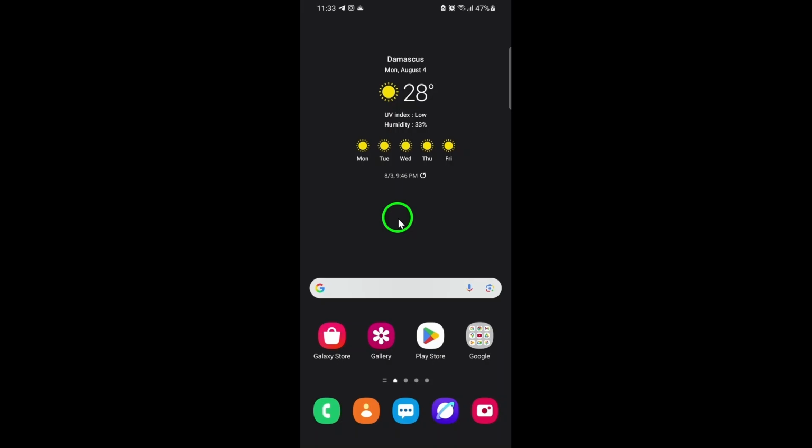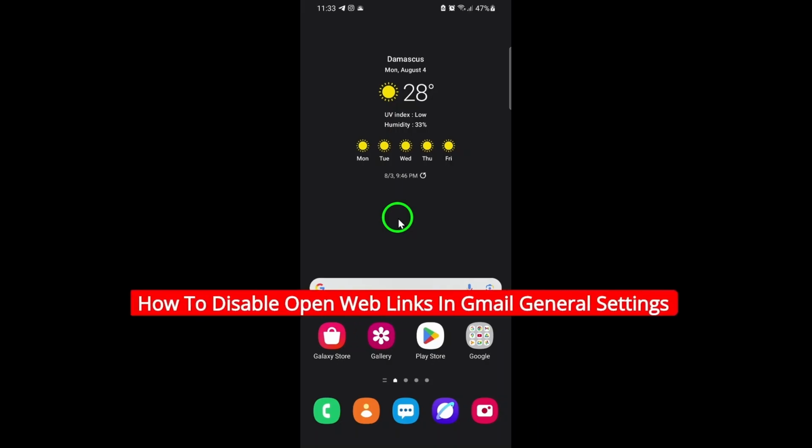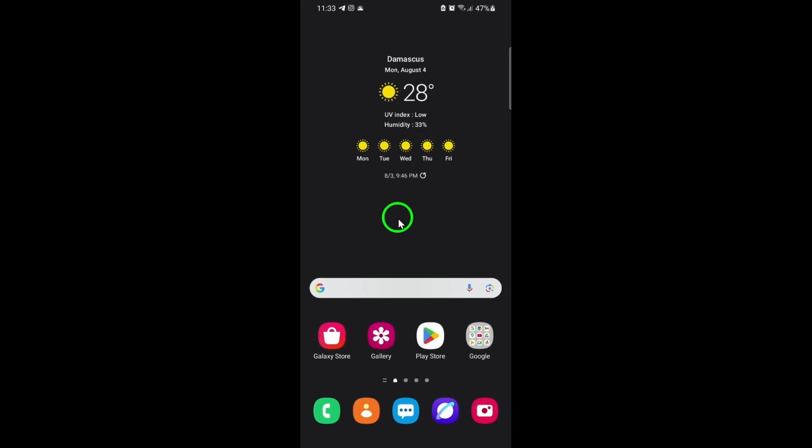Welcome. If you've ever wondered how to stop Gmail from opening links directly inside the app, you're in the right place. Having email links launch in your default web browser can make your browsing safer, more convenient, and let you